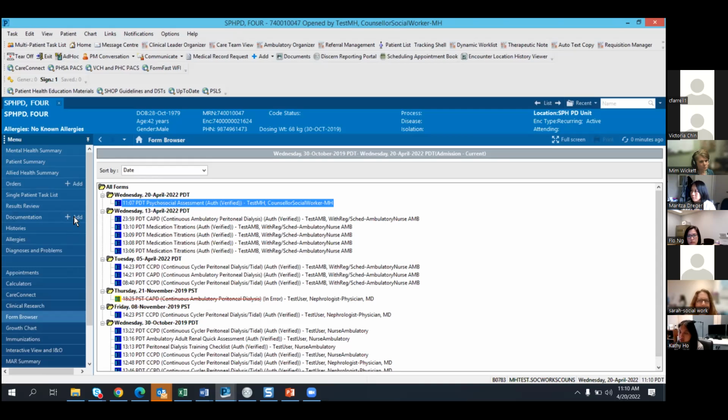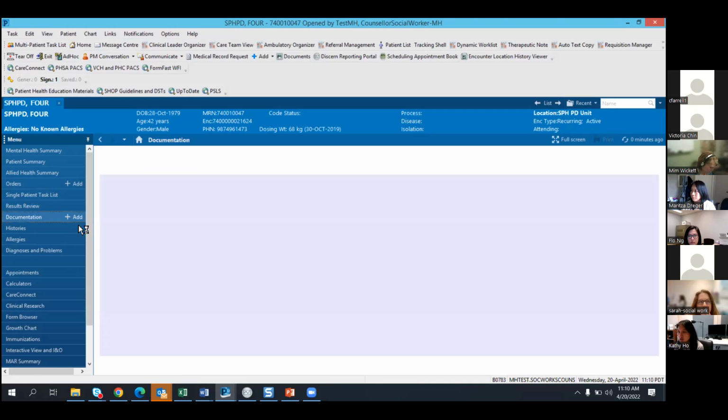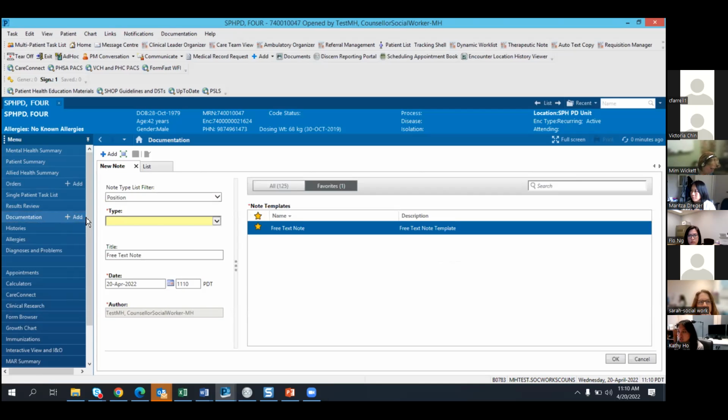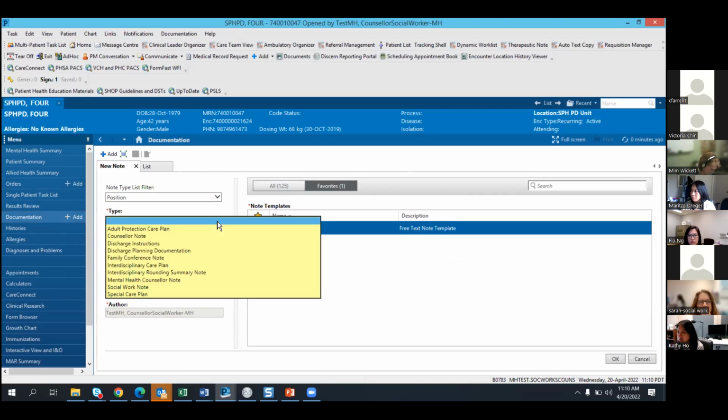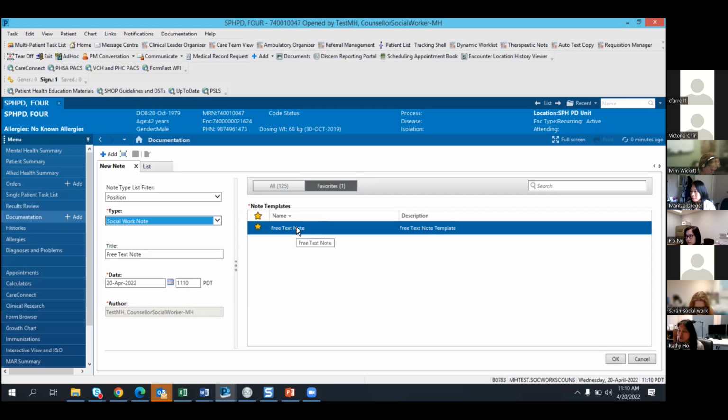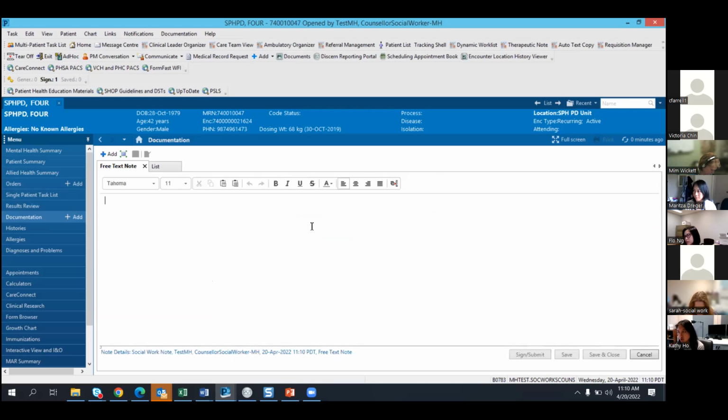Another way as a social work to document is you can just do a simple free text note. So in documentation, you can do add, and you would select what note type you would use. This is pretty important in terms of just categorizing your note correctly so that other people can find it, and also future you can find it. There's different templates to use, but I've starred my favorite one, which is the free text. And so this is where you can do a very quick